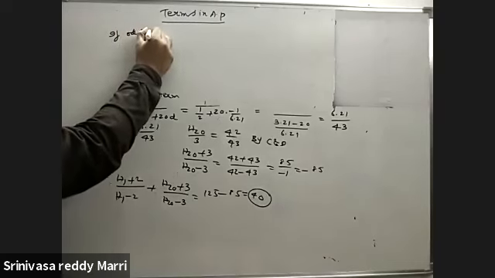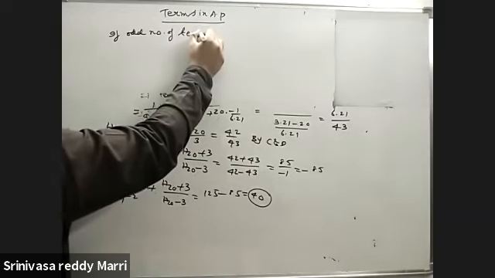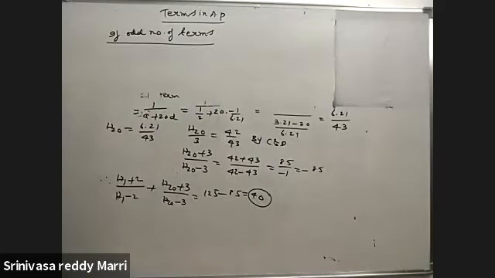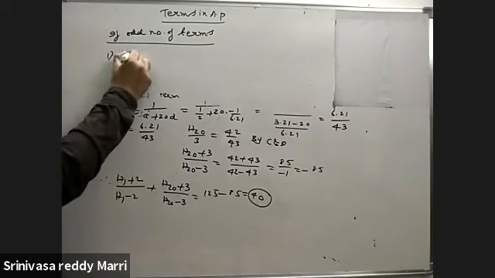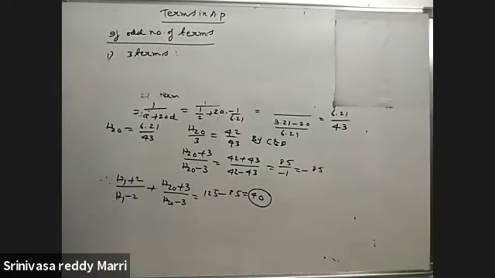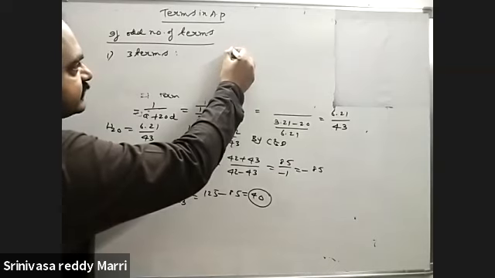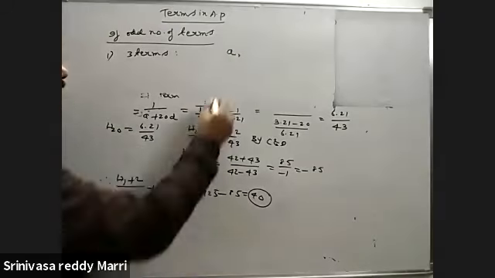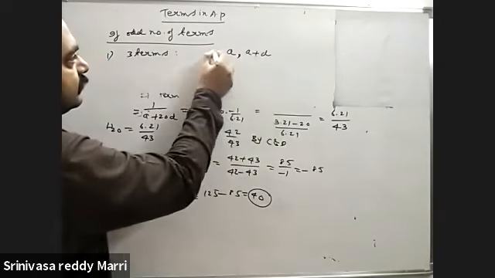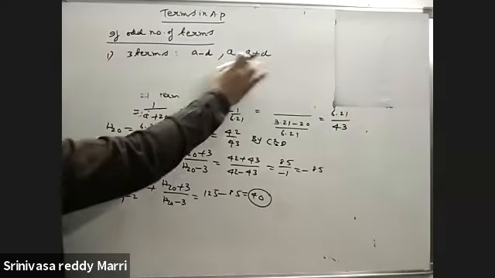Odd number of terms. That means if an odd number of terms must be taken, suppose let us say in AP you have to take three terms. So what we will do is fix the middle term. Three terms means one middle term will be there. This side A plus D, this side A minus D. We will take the terms like this.